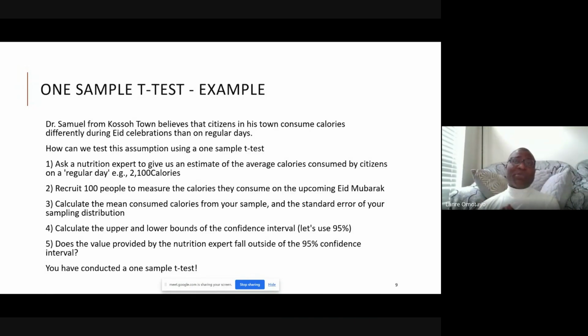But then the question becomes, well, you didn't measure everybody in the community, you measured the point estimate. How do you convince me that your point estimate is not just a product of chance? Meaning that it's not just a product of the people who fell into your sample when you did your sample. Maybe if you had redone your sample, you would have gotten another estimate. Now you got 2,150 when you got your 100 people. How do we know that if you had done the next one, you would not have gotten